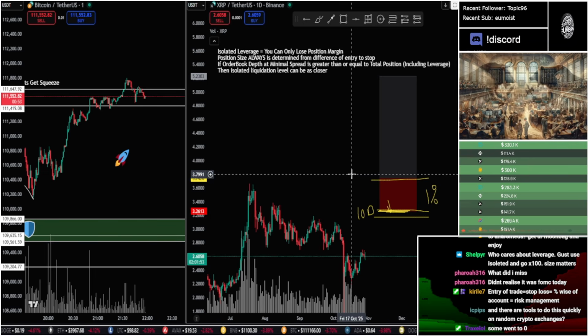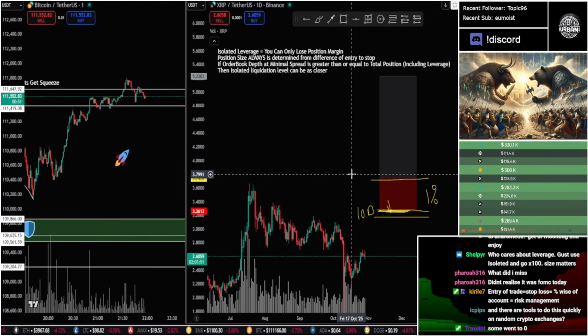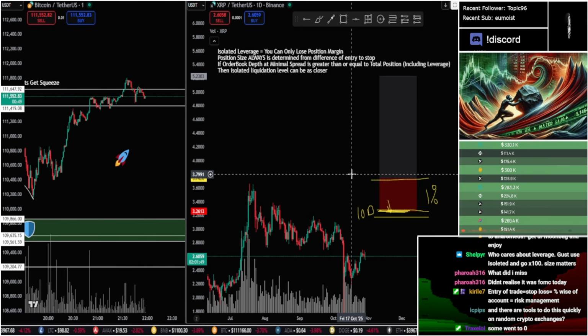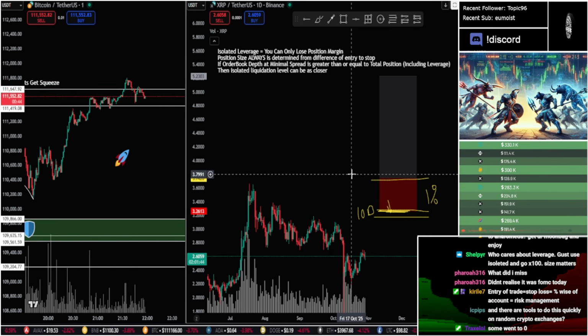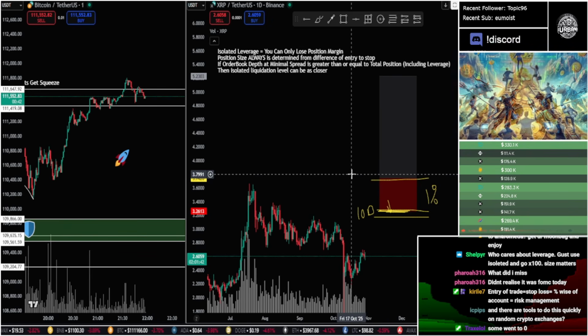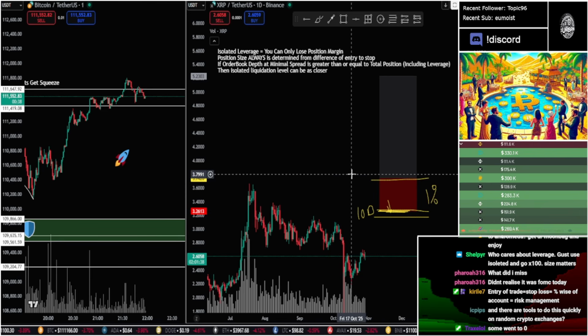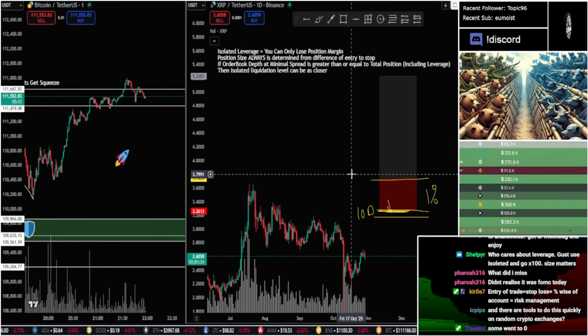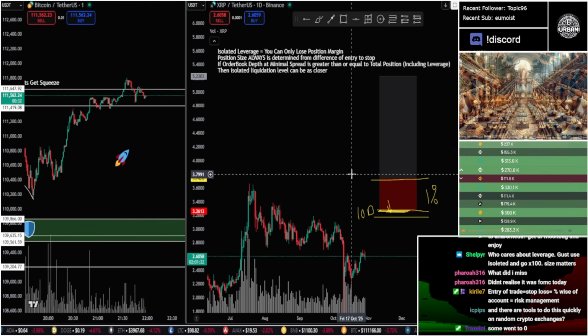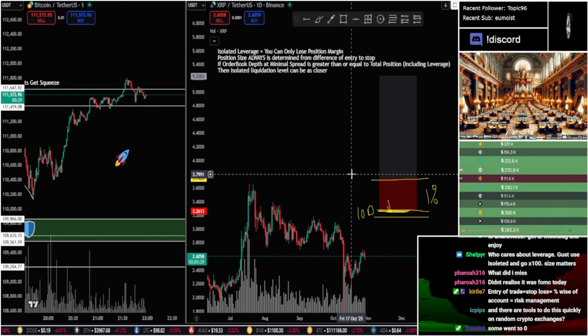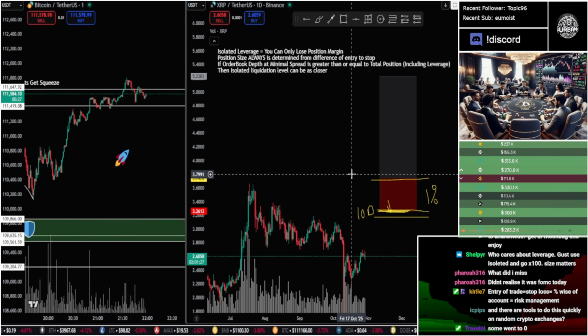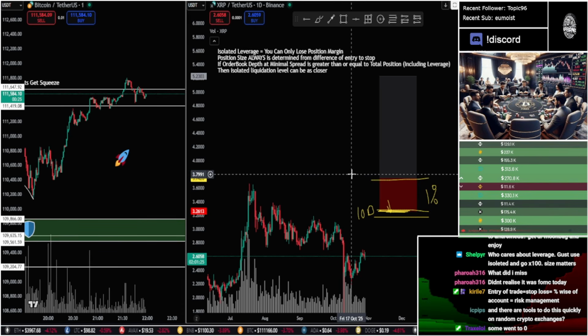The last key thing that you need to pay attention to is the order book dynamics. If it's constant deep liquidity relative to your position size, then you're fine. You want to give a little bit of a buffer, right? You don't want to have the isolated liquidation like $1 lower than the stop loss. Give yourself a little bit of buffer, but you can tighten the buffer, I guess.